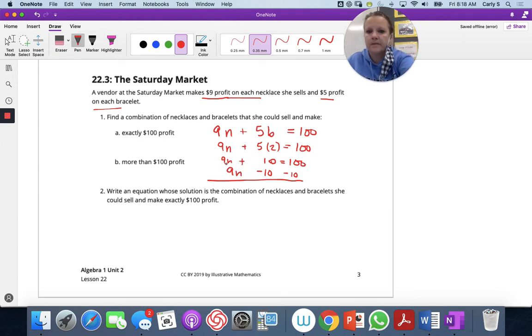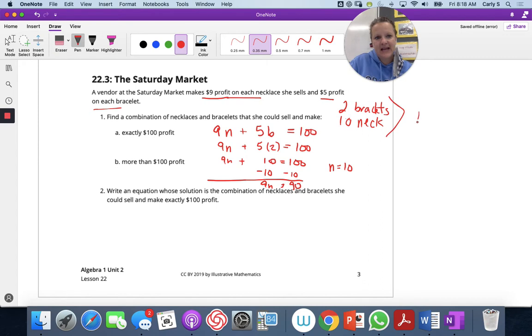Oh, sorry. So that's 90 in the wrong spot. So n equals 10. So I could sell 2 bracelets and 10 necklaces